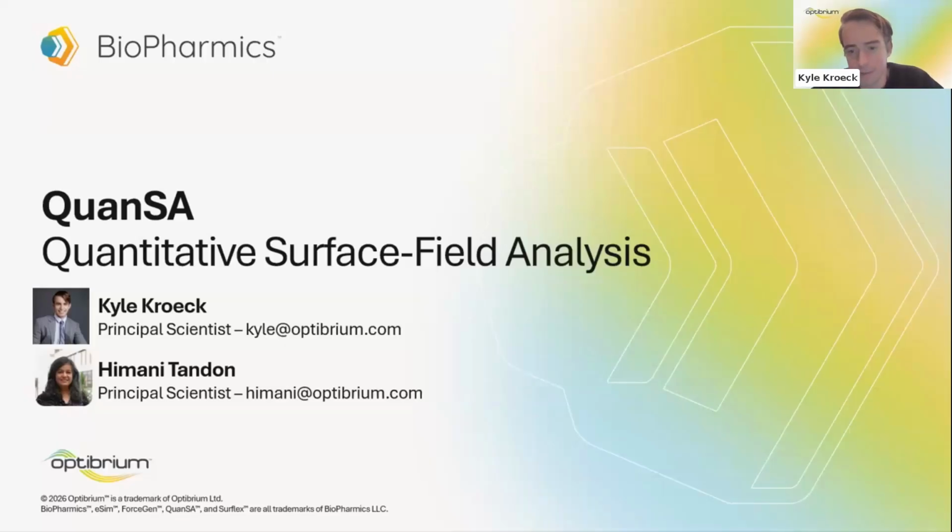Yeah, so historically you had to choose, right? The high fidelity accuracy of FEP plus at a snail's pace, or the lightning speed of 2D methods that often miss the nuances of binding. QuanSA targets the so-called Goldilocks zone of this, delivering FEP level precision in a fraction of the time. Additionally, by using active learning, we can start with small data sets and refine the model as the project progresses, adding well-chosen molecules to improve the fit without ever having to rebuild from scratch.